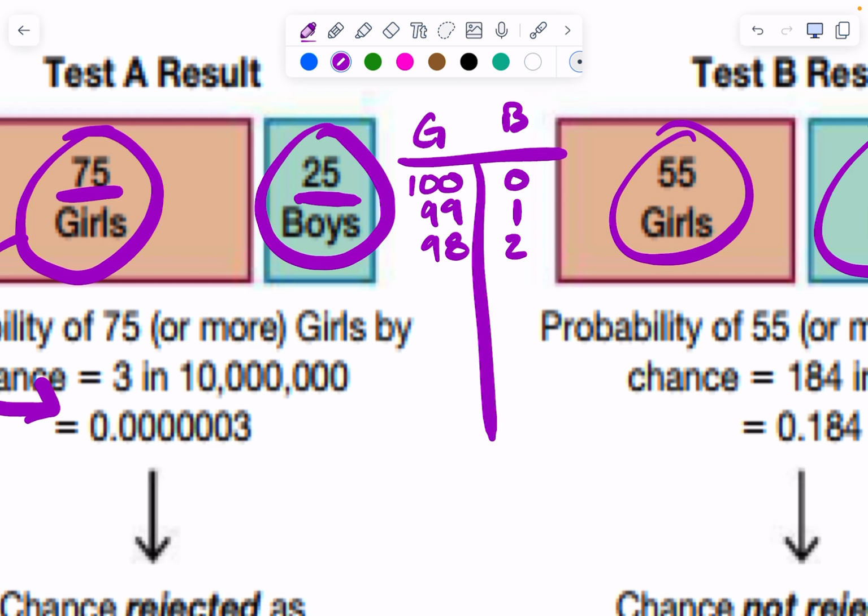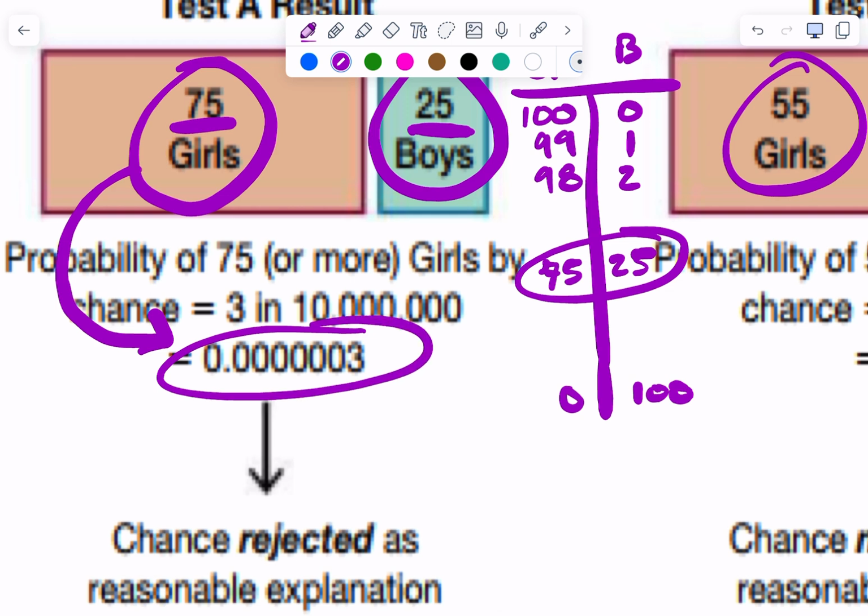100. It's 100 long, right? Because 0 and 100 would be down here, right? Okay, they're talking about a 75 versus 25 split, and the chances of that happening, we will figure out how to calculate this in chapter 5. The chances of that happening is